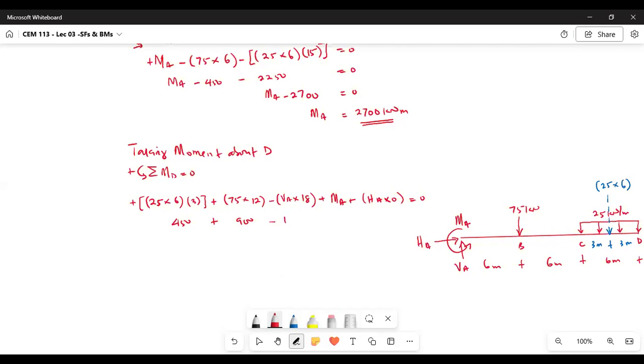This one will give 18 VA. Do you remember the value for MA? MA is 2700. So when we add all the like terms, we'll get 4050